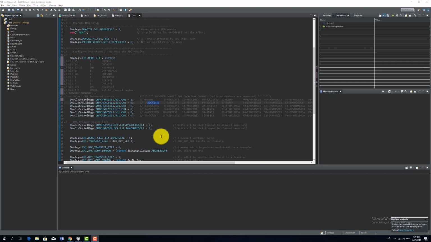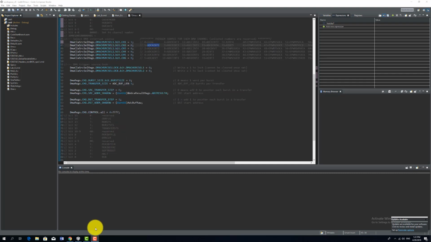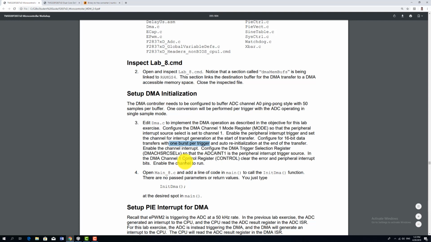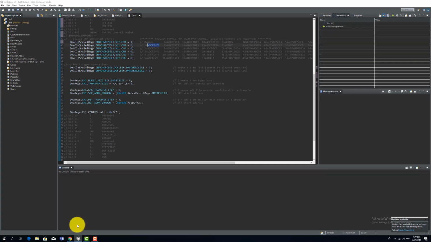After we select the DMA interrupt source, let's proceed to the next part, which involves the DMA regs channel 1 control. This is how we configure the controls, which, same as our mode, has 16 bits which we need to modify. Basically, the procedure states that for the DMA channel 1 control register, we have to clear the error and peripheral input, and the last one is to enable the channel to run, meaning the reset stays at 0. Going back to our procedure, we have reserved for bit number 15, meaning that's the value equal to 0. For the overflow flag,